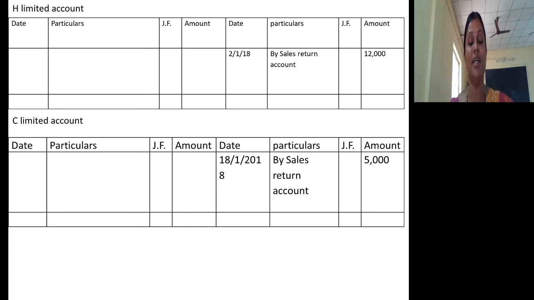So we will see the remaining three important special journals: bills receivable book, bills payable book and journal proper, particularly in the next session. So we are going to discuss cash book as a separate chapter. That's why in this unit we are not covering or concentrating in detail on cash book.